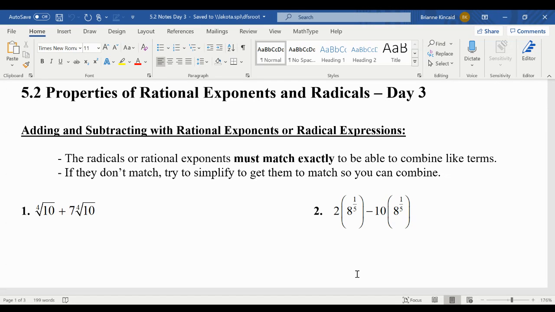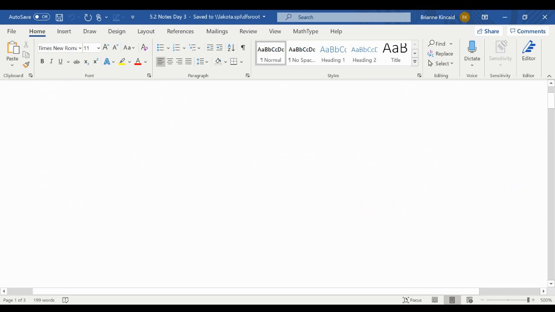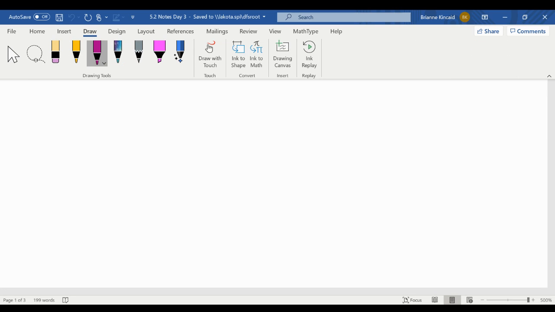Hey everyone, in this video we're going to talk about the third part of section 5.2, talking about rational exponents and radicals. So basically where we're going to start with this is we're going to be combining radicals or rational exponents, and the big idea here is that you have to get them to match perfectly in order to do that. So for example, we could kind of compare this to the idea if I said to you, what is